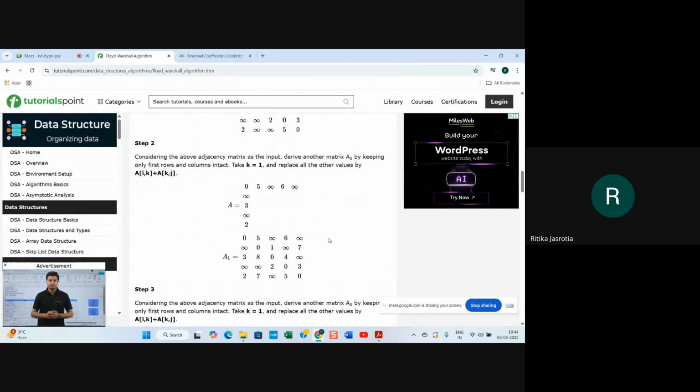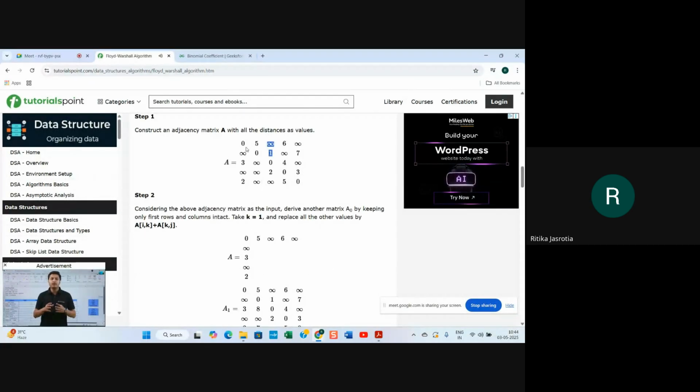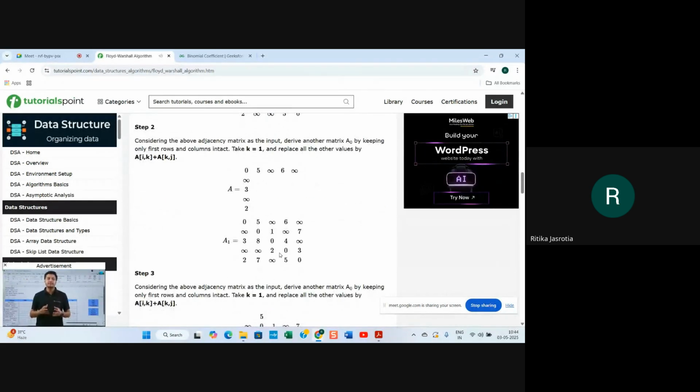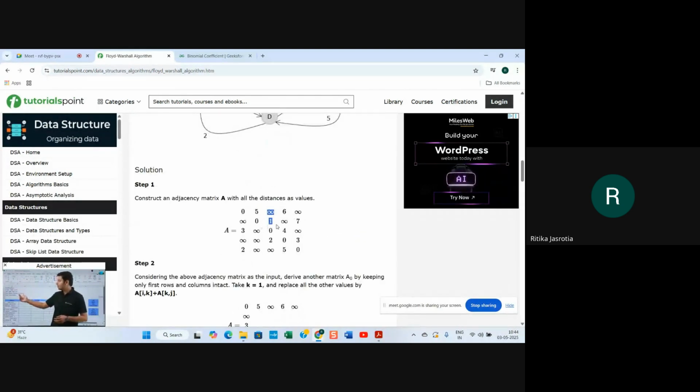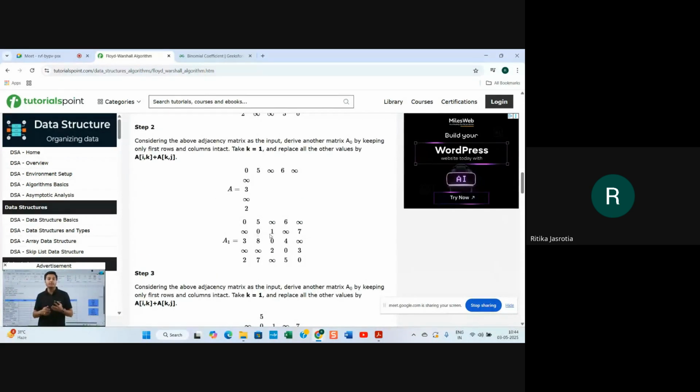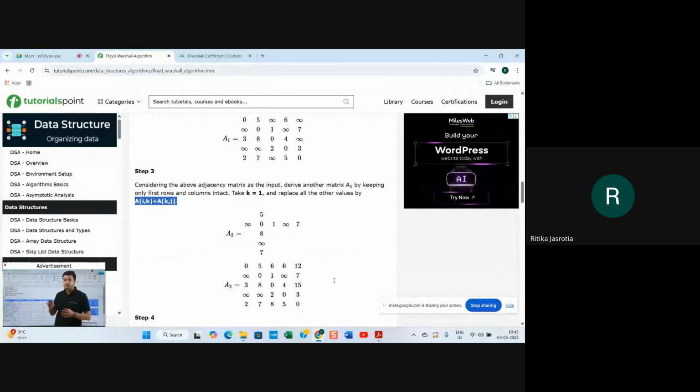So in our example, if we take like that, you have to keep on comparing with this value also, to see whether it is smaller or that one is smaller, which is after summing what we are getting. So if you sum infinity and some value, it will be infinity only. So they are getting these values, but we were not getting these values.